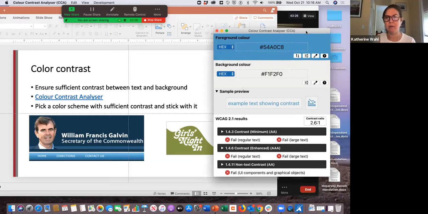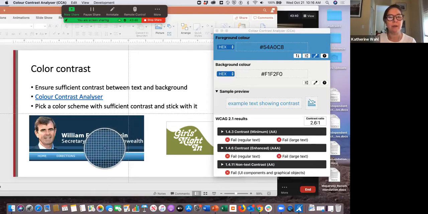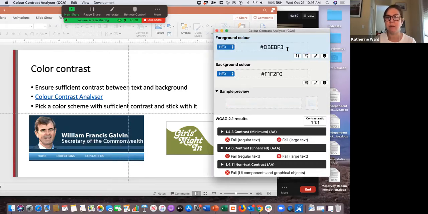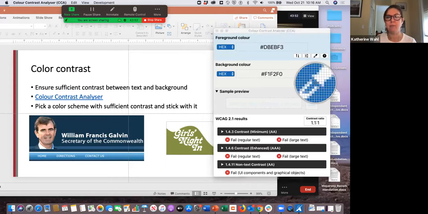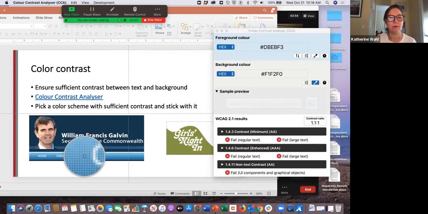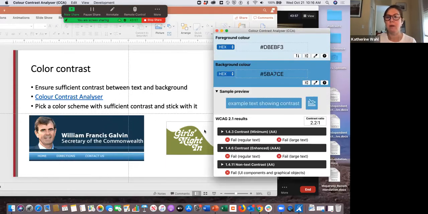Okay. So this is the color contrast analyzer interface. It's a small application that you download, and they have downloads for Mac and Windows. You can test the foreground color and the background color. And it has this nice eyedropper here that you click on, you drag it over, and it allows you to pick up the color. So I'm curious about this white on light blue down here. So I'm going to pick up that pixel for my foreground color. And then I'm going to pick up this background color here, this darker blue. And down here, it tells me the results.